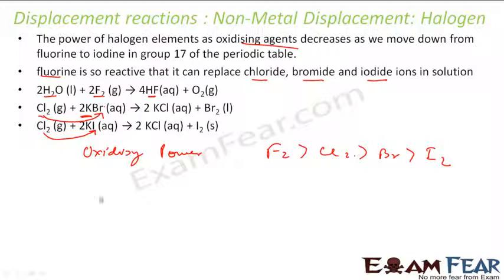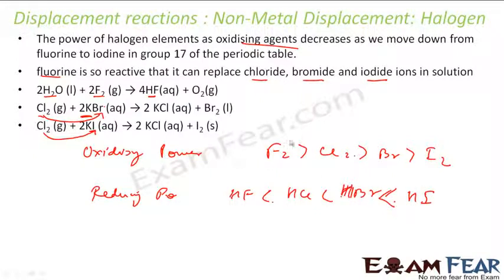And if you talk about the acids' reducing power, HF will have the least reducing power, then HCl, then HBr, then HI. See, the oxidizing power, why? Because fluorine is very reactive. It always wants to gain one electron and become F minus, right? Since it always wants to get reduced, it has very high oxidizing power. Same thing for chlorine, but as you go down, the size increases and the tendency to gain one electron is a little lesser, so they have less power.